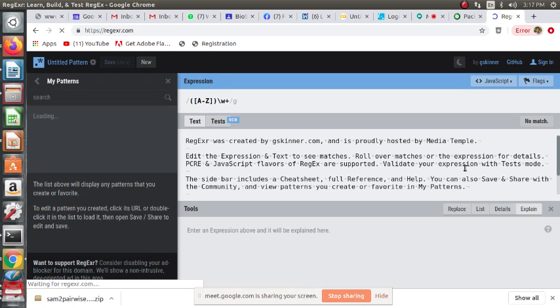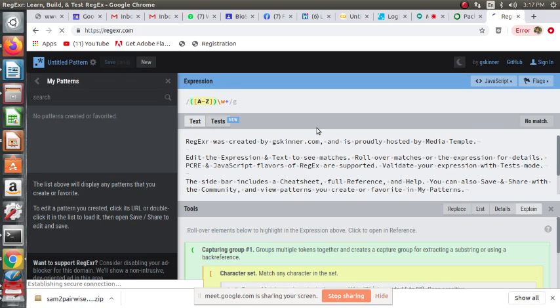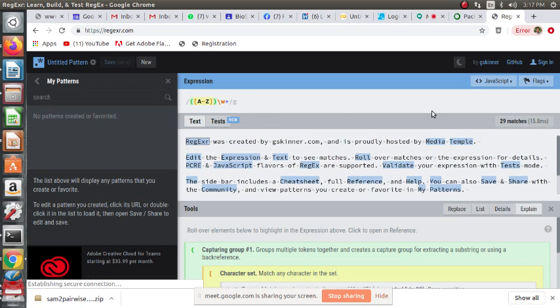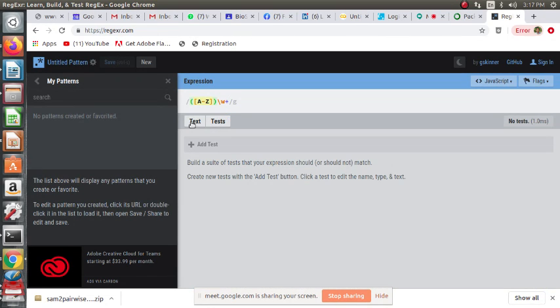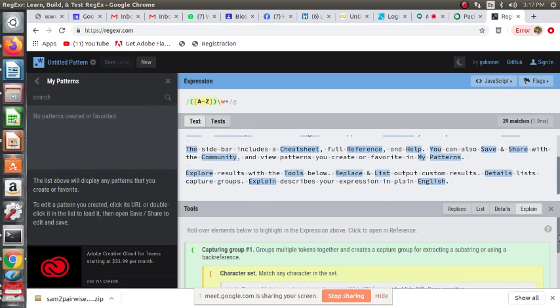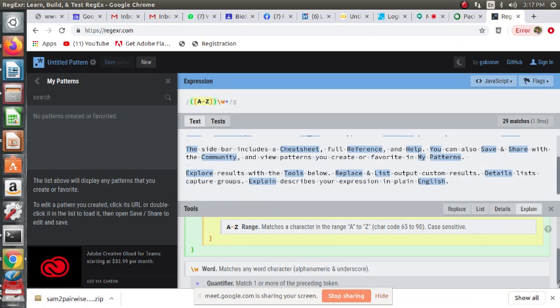So here, if you do test, it is text. This is an interactive way of doing this.